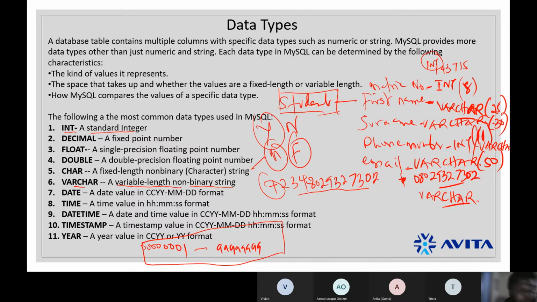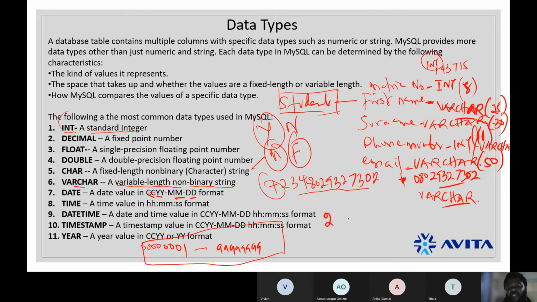Then we have date, which is the date value, and the date value has a default format of the century, the year, the month, and the day, right? That's why we have CCYY-MM-DD. That is how the date format is on the system. So if you look at today's date, today's date is 20th.